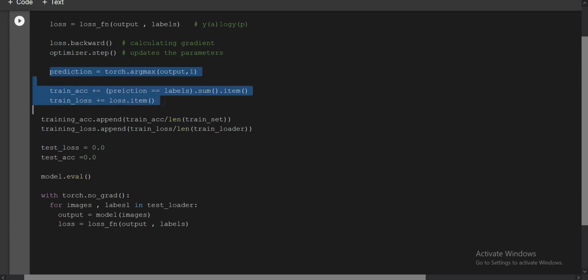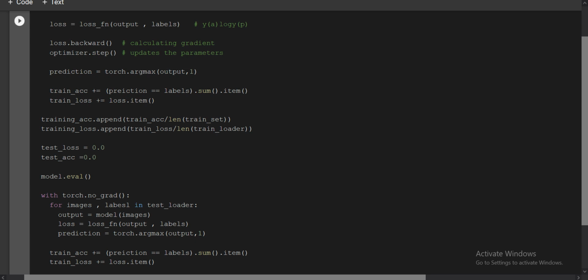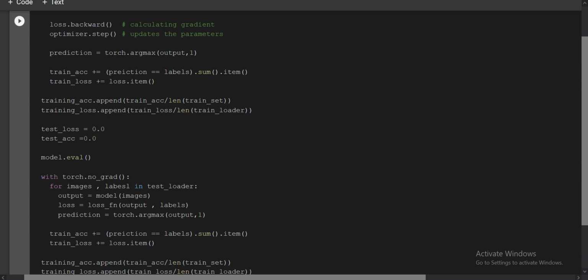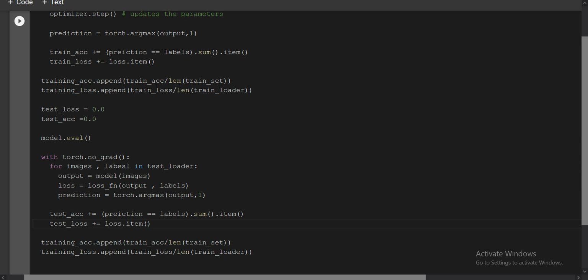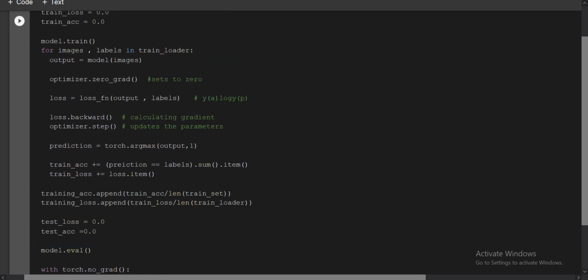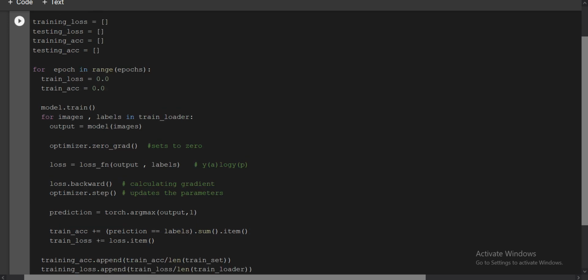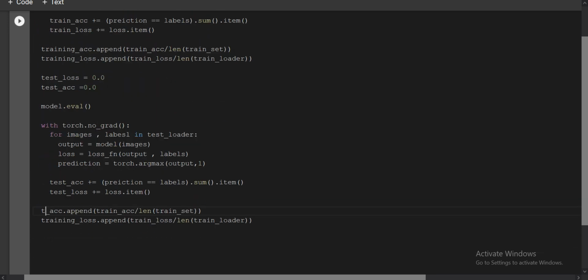Now I will do the similar thing. I don't need to write each and everything, it's big, just change some parameters. Where we wrote train accuracy, you write test accuracy, and here also test loss, which we have initialized. Here we write testing loss and testing accuracy.